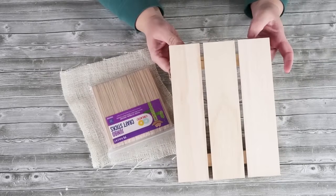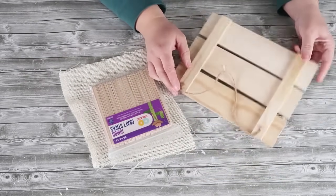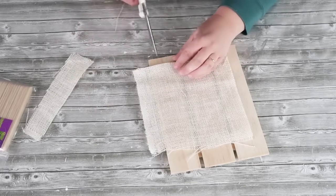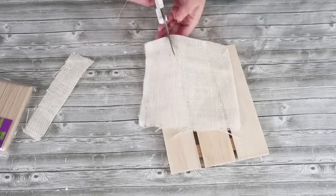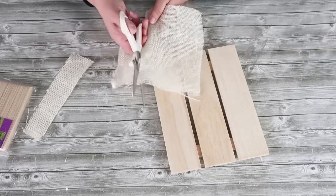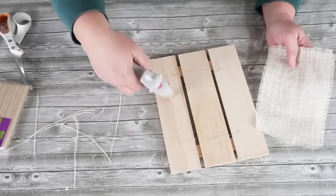I'm going to be using one of these wood plaque signs. The staples on the back, whew, this was really stapled on. I had to pull pretty hard, so you could just cut it off with scissors if it's giving you a hard time too. I flipped it over, removed the twine, flipped it back over, and then I cut down a